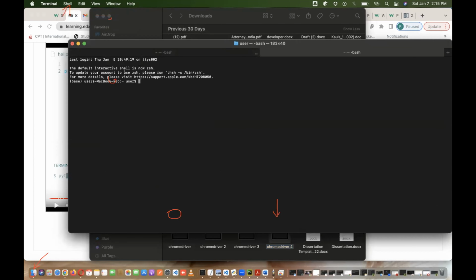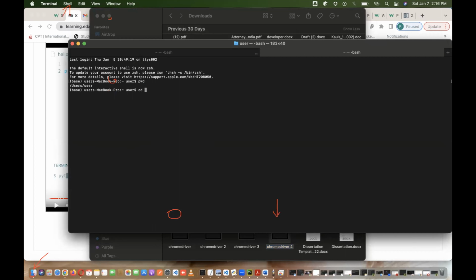So let's verify that the Chrome WebDriver is present there. So do ls. No, a lowercase ls. Actually, not. Let me see your username. Just remove that ls. Do pwd. Hit enter. So pwd gives you the present working directory. Your username is user. Is that what it is? Yeah, that's the username. Okay, that's fine. So here, do cd space